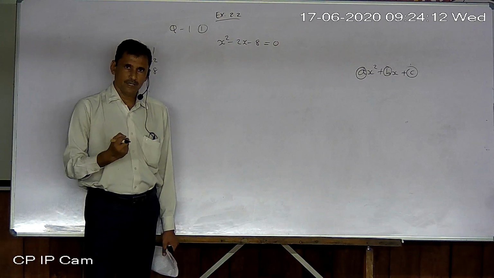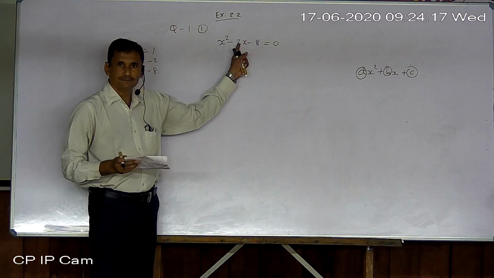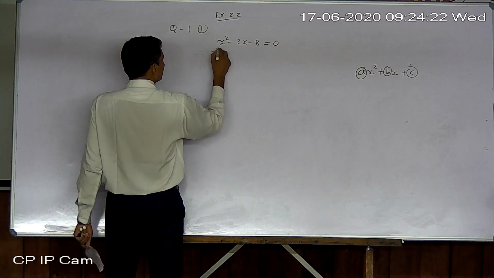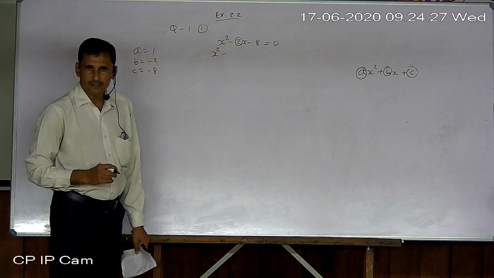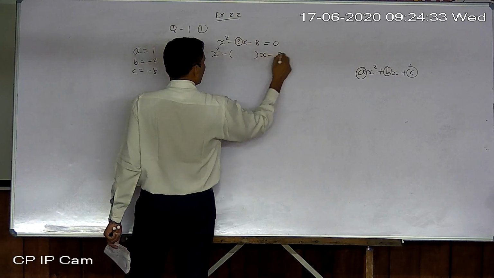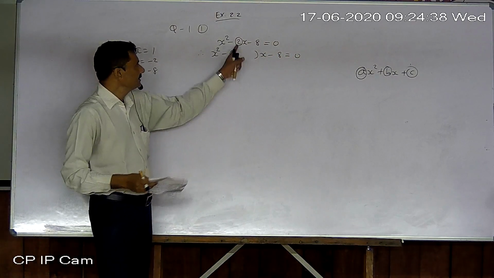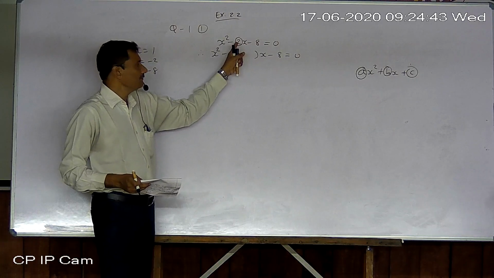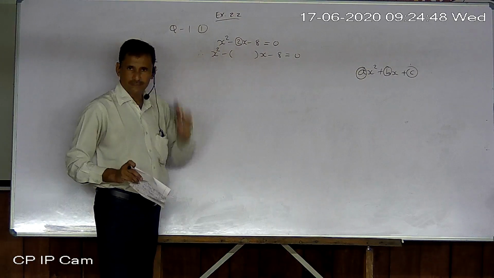Split the middle term, but not just any way. According to the rule only, you have to split this term. Okay, how? First of all, instead of writing the numerical value of b, you just make a blank bracket there and copy everything else. Again, make a blank bracket in place of the numerical value of b, and copy everything else as it is.